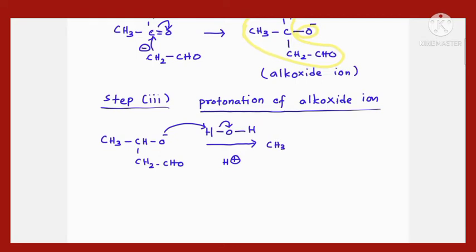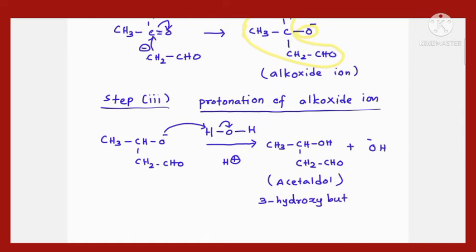So now the product is CH3 CH OH single bond CH2 CHO. So this is our desired product, which is nothing but aldol. Okay, right. So the product name is acetaldol, and this compound has the IUPAC name 3-hydroxybutanol. The IUPAC name of this compound is what? 3-hydroxybutanol. An aldehyde compound with 4 carbon atoms, so butanol, there is a hydroxy substituent, hydroxybutanol, which is attached to the third carbon. So it is called 3-hydroxybutanol.